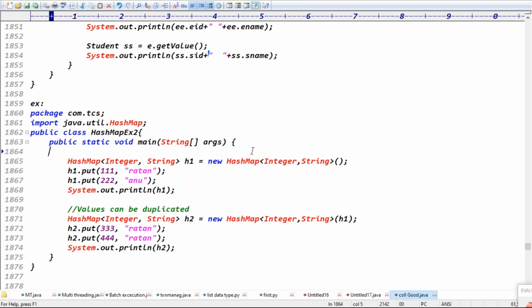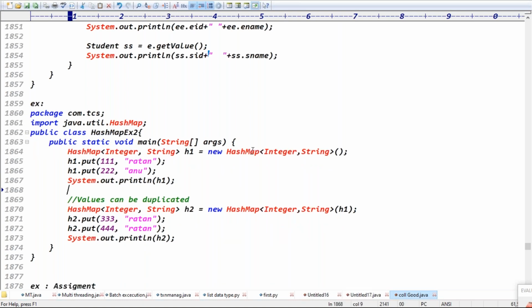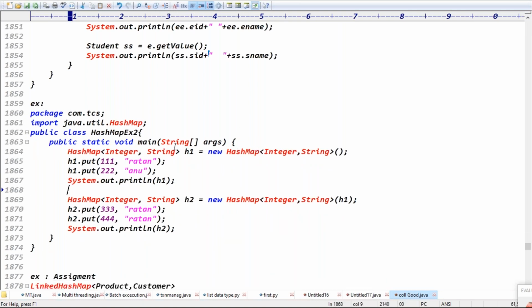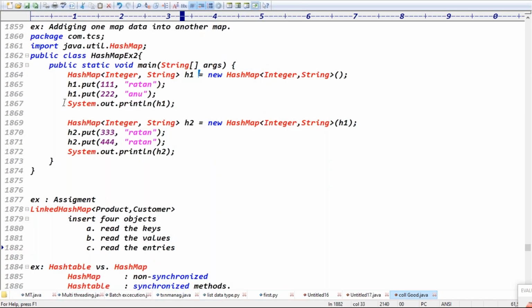This is adding one map's data into another map. I'm just passing h1 to the h2 constructor, right? This is nothing but adding one map's data into another map.